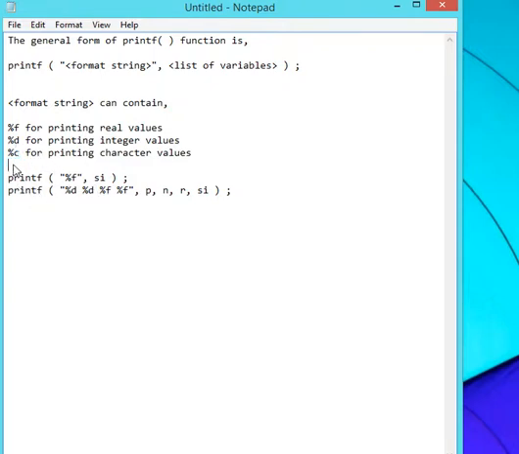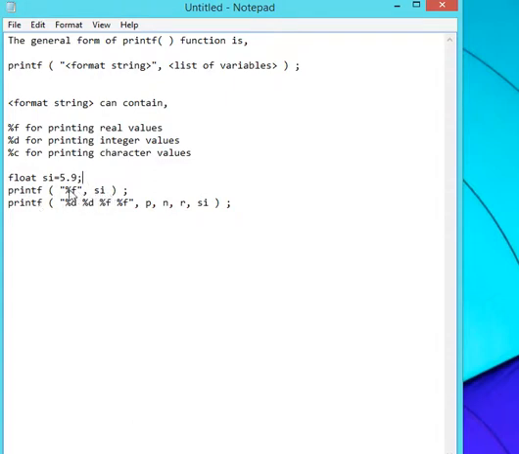Here, see this example. If I declare a float si equals 5.9, then to print this si value we have to use percent f, because it is a real value, so we use percent f for si.